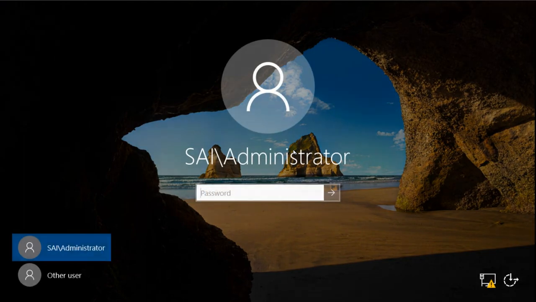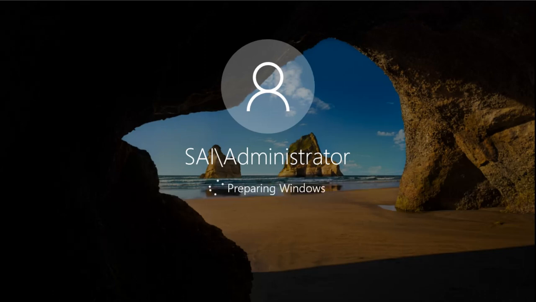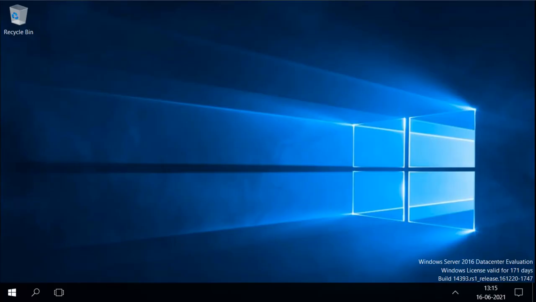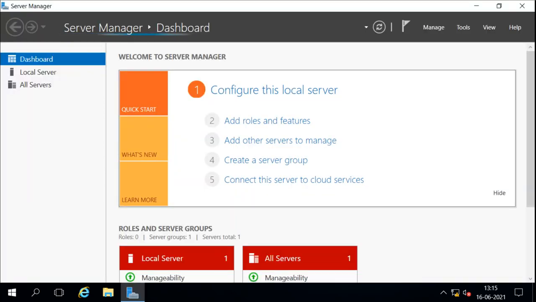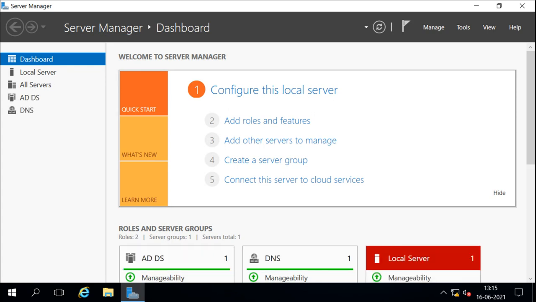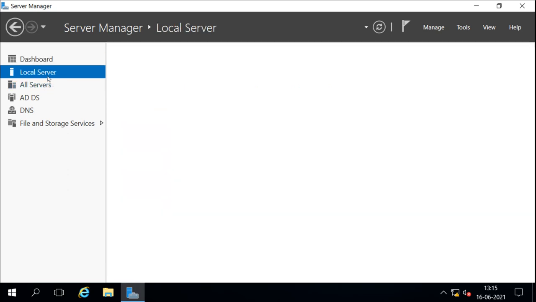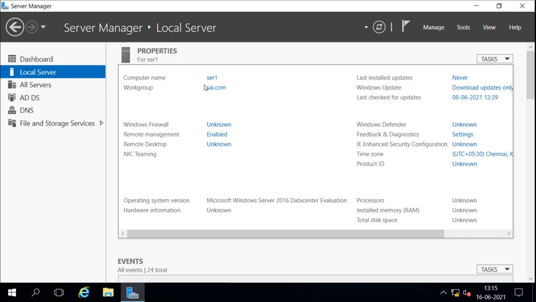Now this is our operating system installed on the physical disk, and it has a domain also. So I'm logging into that. This is our physical install on the physical disk, it has a domain, and this is the Data Center edition.